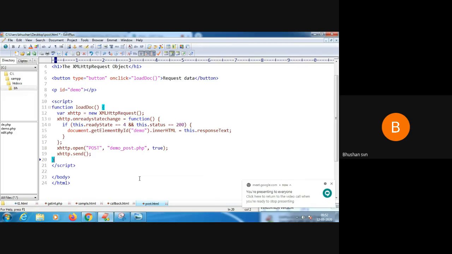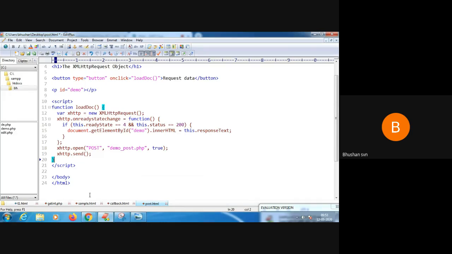If they are not asking for a server-sided program, the same program you just replace with demo_post.php and the demo_post.txt file. If they are asking with a server-sided program, then you have to use either PHP or any other thing for that matter. Maybe JSP also you can use.